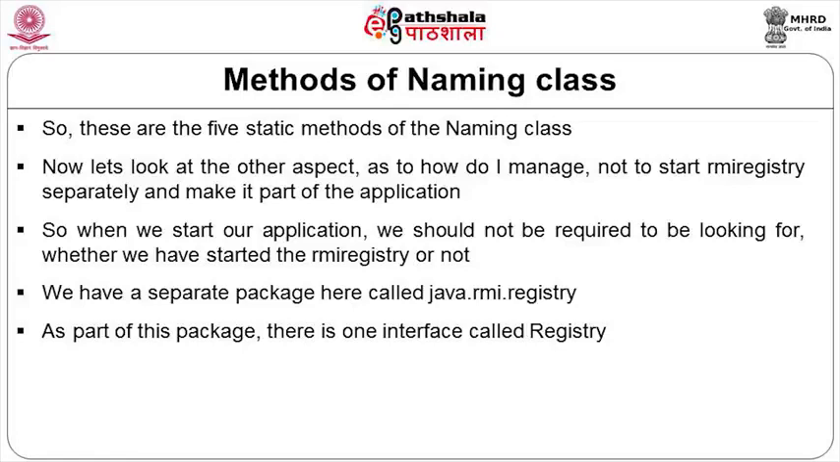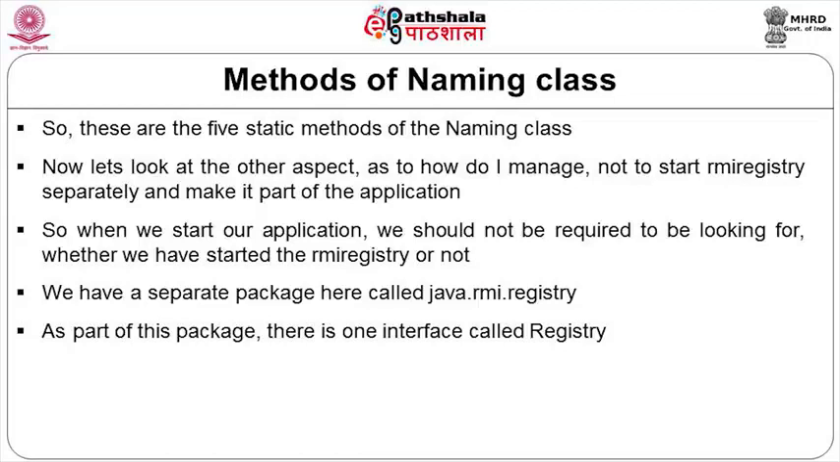So that's the 5 static methods of the Naming class. These are static methods in the Naming class, fine, and anyone could be using it. You don't need to create any objects or anything, fine. So now let's proceed further and look at the other aspect which is related to how